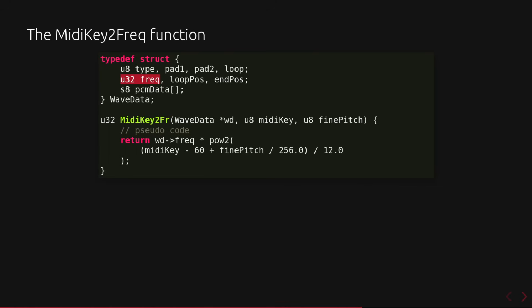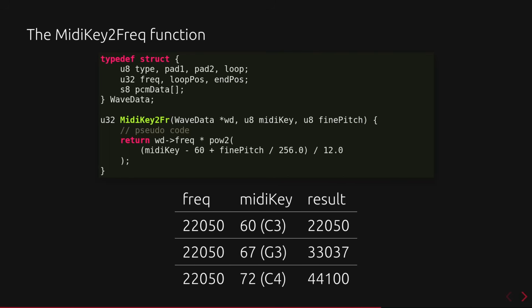And if you know anything about music, essentially what you do is that you use a power of 2 function, because every time you go up 1 octave on the keyboard, you double the frequency. So that's essentially power of 2. It doesn't matter exactly how it works, but I just thought I'd add it. And this is not how it was actually implemented, because the GBA doesn't have floating point or anything. But just to give you, for the ones who don't know, an idea of what this function does,